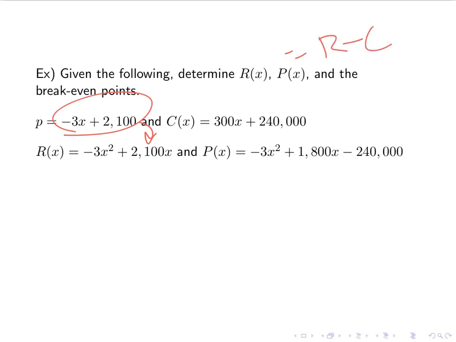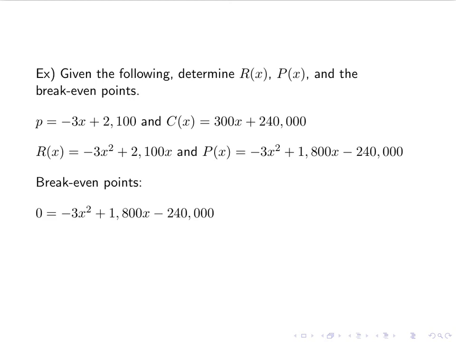So we have like terms in the middle. It's negative 3x squared plus 2100x minus 300x, that gives us the 1800x, minus the 240,000. So don't forget to distribute that negative across C. Now to find the break-even points, I'm going to set my profit equal to 0. And then if we notice, just like before, there is a GCF, and if we use that, it'll make our numbers a lot smaller. So if I divide everything by 3,